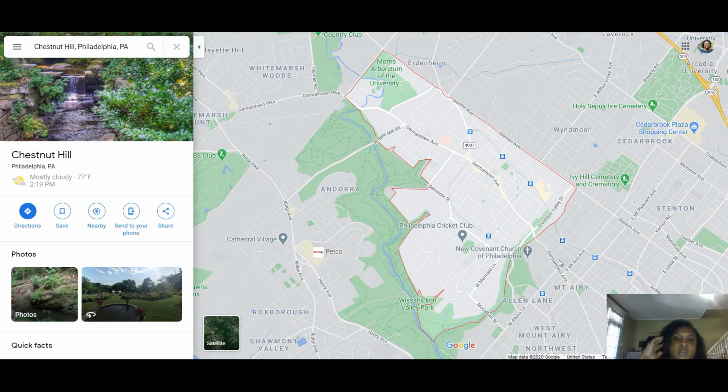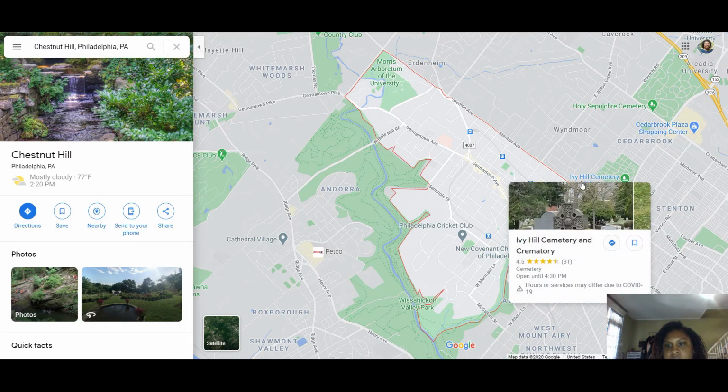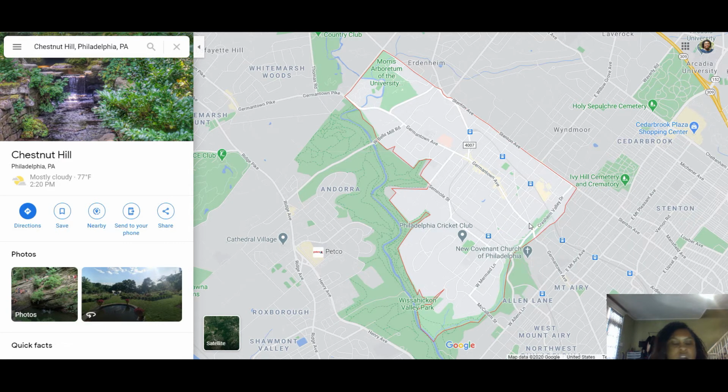But anyway, going into Gresham Valley, right here is Crescent Valley Drive. It takes you out, it's like the main route from Allen's Lane. And on West Allen's Lane, you can take the back way in. Then Gresham Valley takes you to Stenton, and then you can either go straight to go into Wynmore or Cedarbrook, or you can go right into Mount Airy, or you can make the left to go further out towards Plymouth Meeting. But anyway,